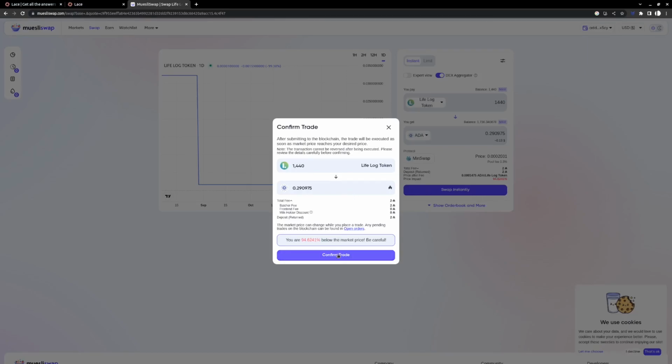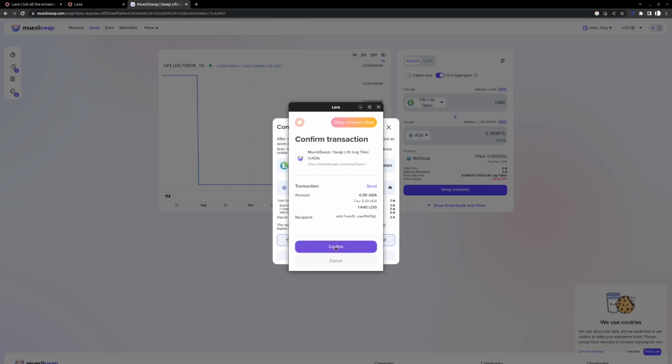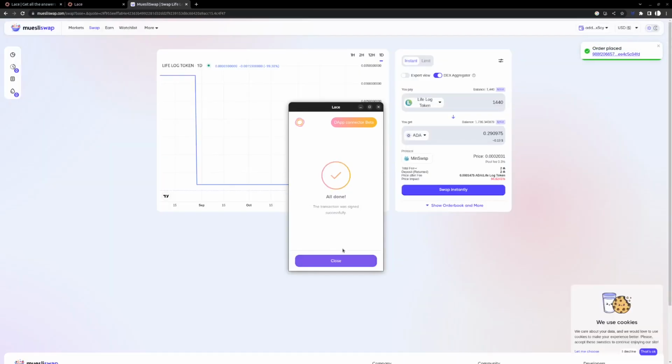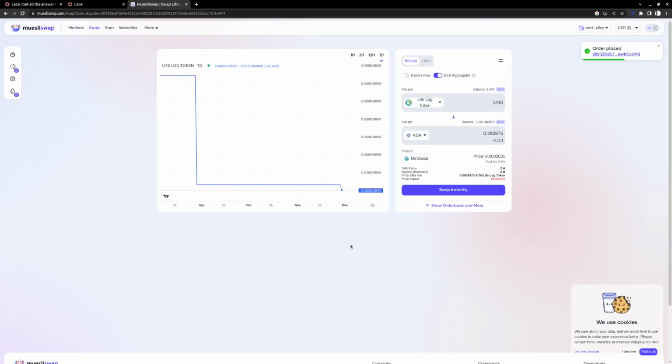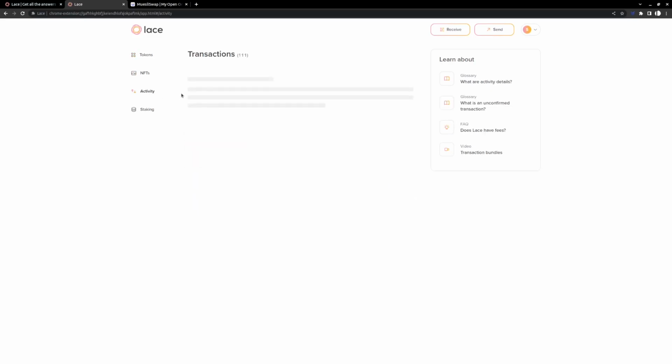I'm actually losing money on this transaction. It cost me more to make this swap than it does to just keep it, but I'm doing this for demonstration purposes. So then you're going to enter your wallet password. This is basically, again, a password to confirm transactions, not to access the local wallet. And then boom, now we have this situation where we've placed an order or we've interacted with a smart contract. Now when we actually look at our wallet, we're going to notice that the LifeLog token is gone, and we made the transaction. This has been a really quick demonstration of how you can use Lace wallet made by IOG,